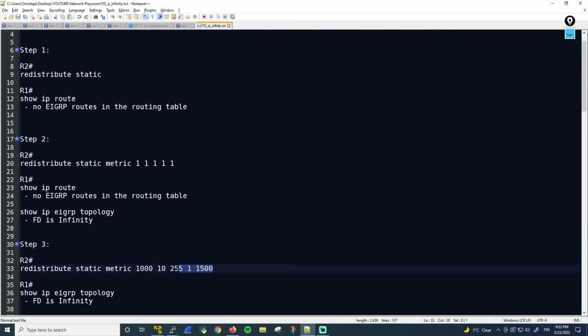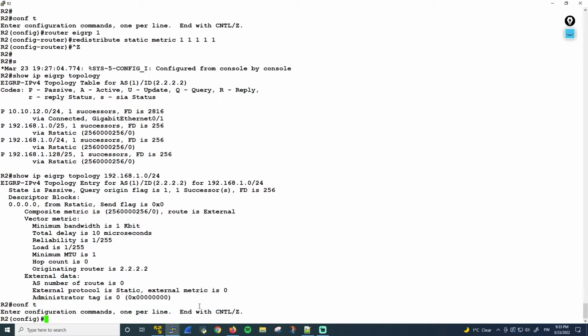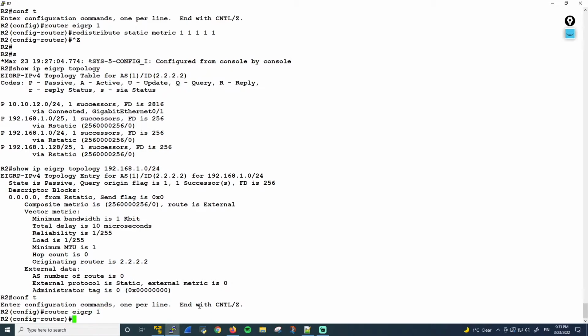So I've tried to make the metric more realistic. I suppose at this point I did not check the metric on R2, so I did not realize that it was 256, which is actually a valid metric. So I guess my thought process here was that if I would use realistic values for the metric, it would produce a metric that is actually valid and not infinity. Okay, so let's try to do that. So let's copy this command, go back to R2, and under the EIGRP process,